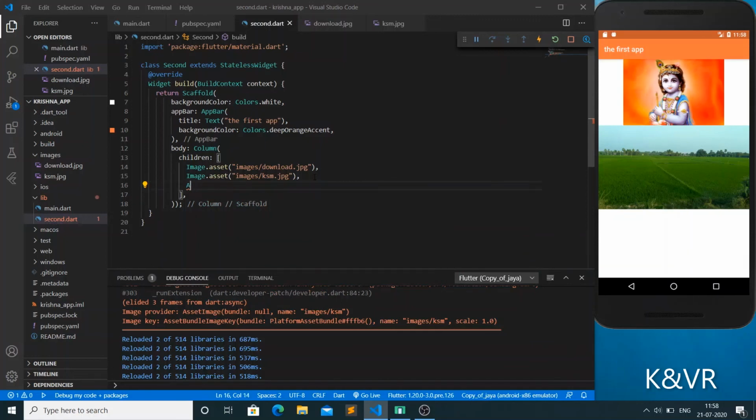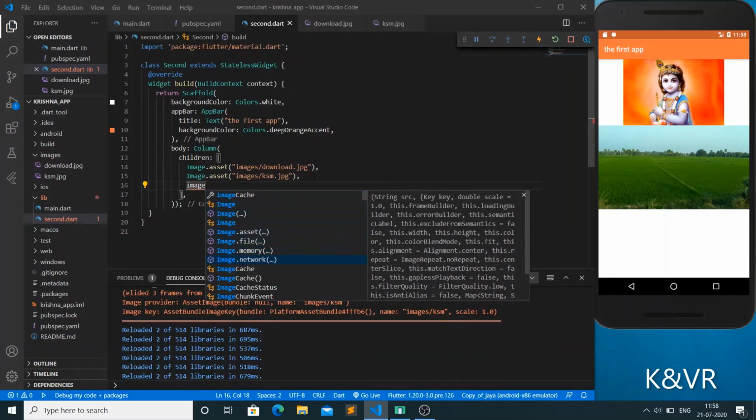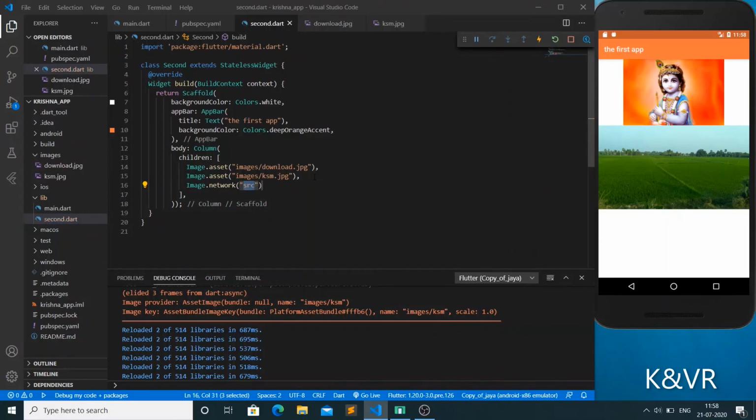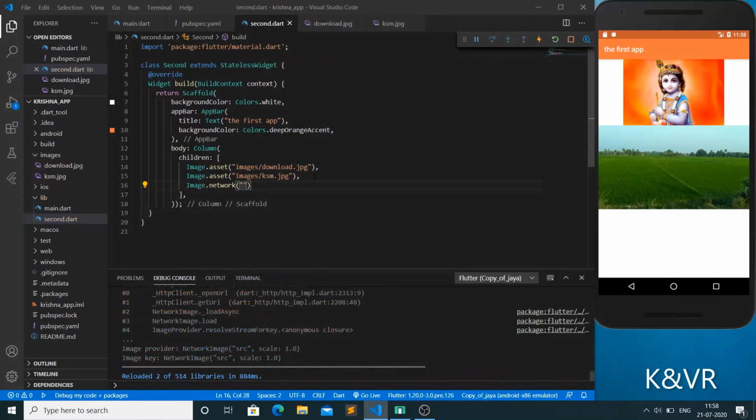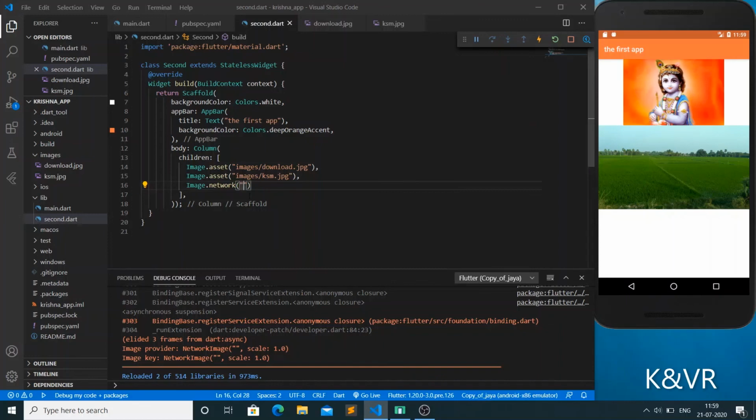It is also one of the widgets, and there is also the network image. Just give here Image dot network, here src. We want to give the link for that image, and from that link the image will load in your app. Here you want to give the URL. That's it. It will load the image from the network.